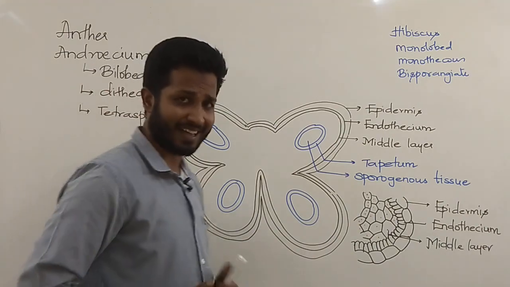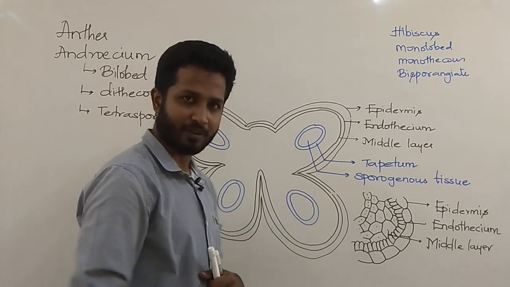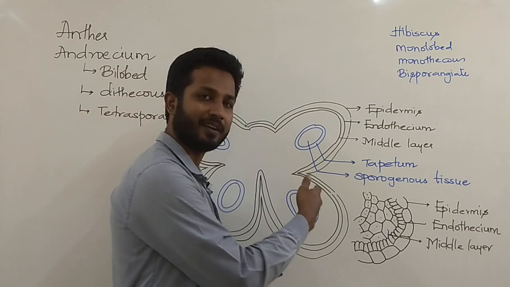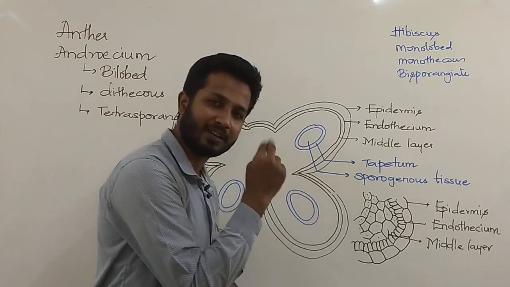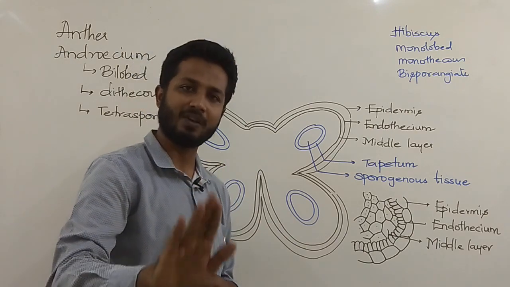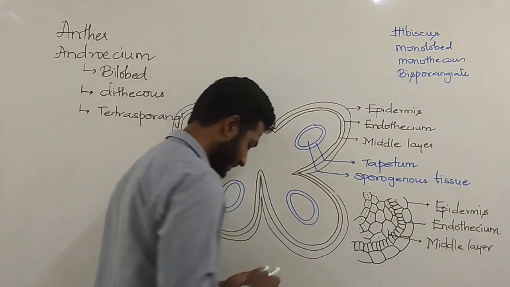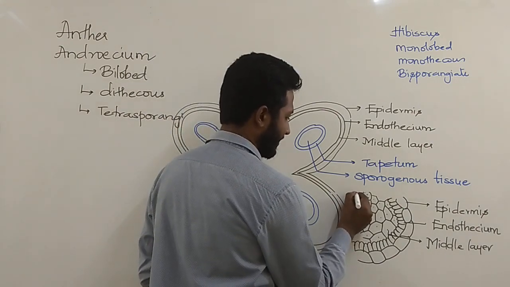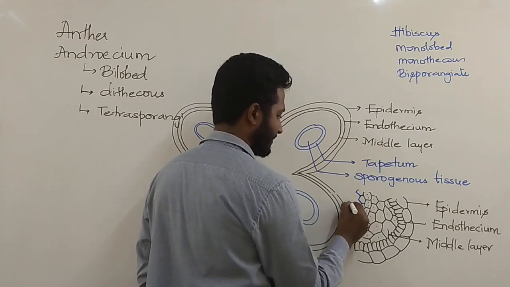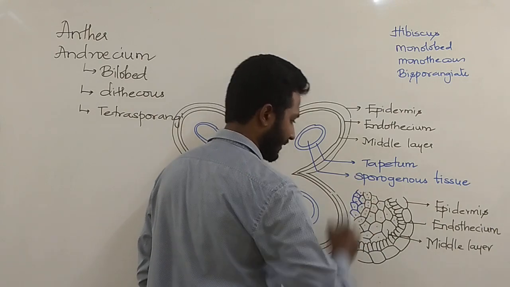If you talk about neat characters of this particular tapetum, there are many. I will explore them one by one, but one of the neat points to be specified here is that it is binucleate. A minimum of 2 nuclei will be there. You never see a single nucleus condition. Always there is more than one nucleus in this group. Followed by this, the final tissue inside is known as sporogenous tissue. It is this tissue which is going to develop into the so-called pollen grains.